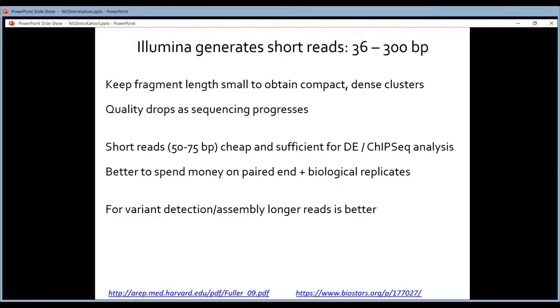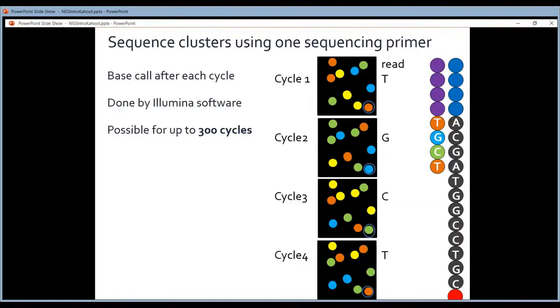And the first one has to do with overlapping clusters. You have already seen that this is something that you don't want, because then the base calls will be very hard. You will get mixed signals. You will get base calls with very low qualities. So they want to avoid that as much as possible. So this is one reason why they work with short fragments.